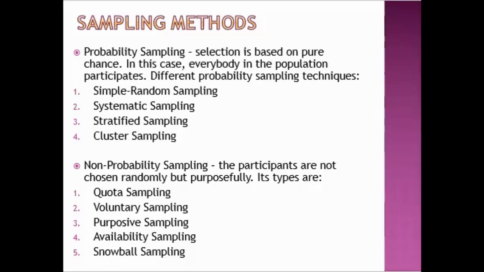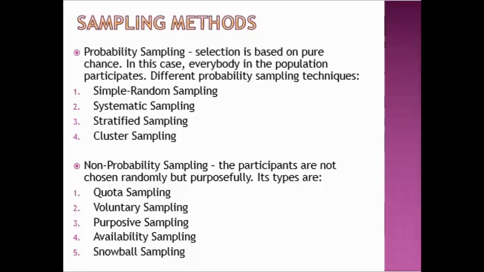Second is systematic sampling, stratified sampling, and cluster sampling. Simple random sampling is considered the best type of probability sampling kasi meron siyang dalawang methods na ginagawa or standard methods para makapili sila ng kanilang samples. Pero by pure chance yung magiging selection doon sa mga member.